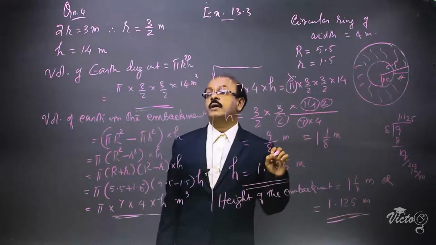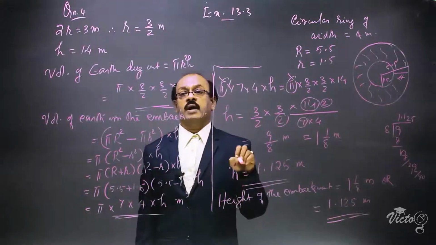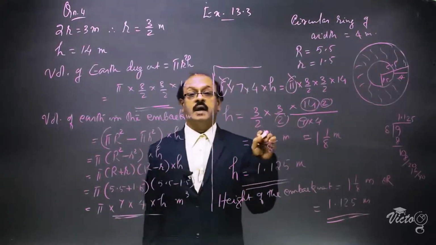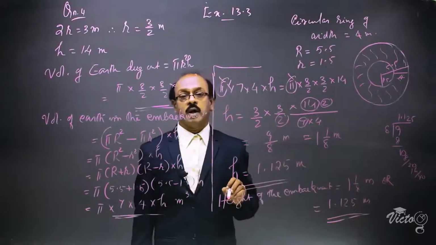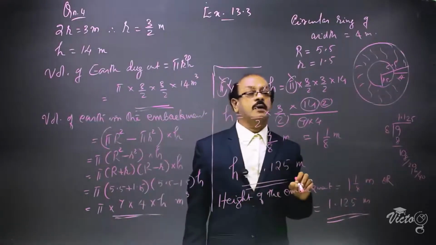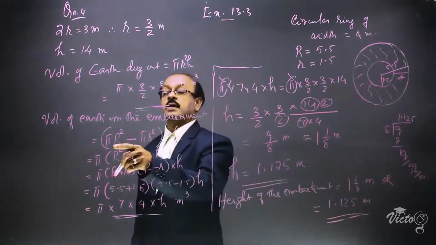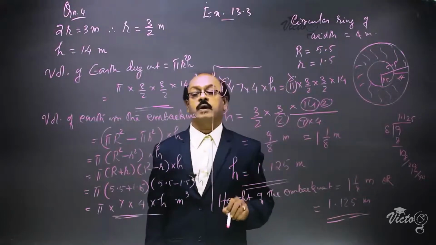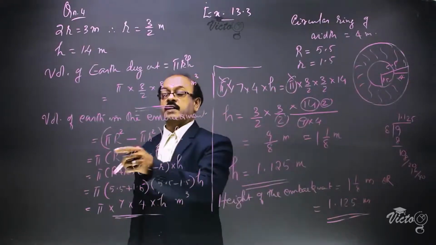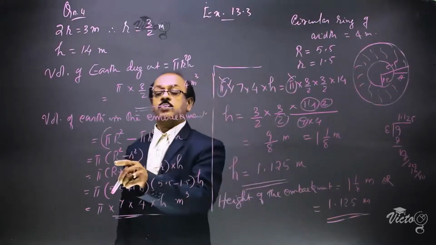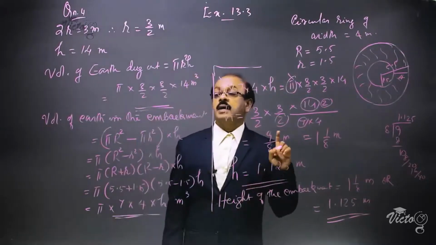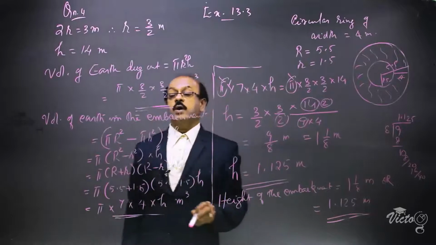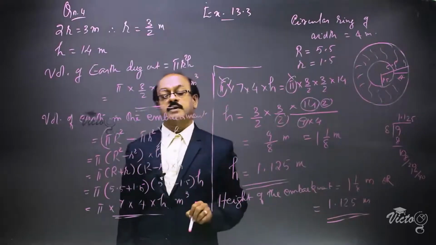So, first of all, we are finding the volume of earth dug out from the well, that is pi r square h. Now, volume of earth in the embankment means base area into height. Base is in the shape of a circular ring. So, area of circular ring is equal to area of outer circle minus area of inner circle. That means pi capital R square minus pi small r square into h will give the volume. Now, pi is taken as a common factor. The remaining is R square minus r square, which is in the form of the identity a square minus b square. A square minus b square is equal to a plus b into a minus b. So, R square minus r square is equal to R plus r into R minus r into h.